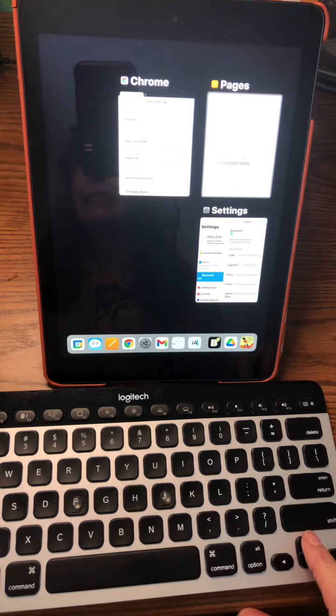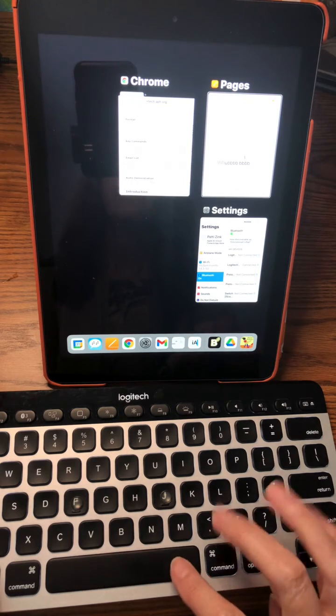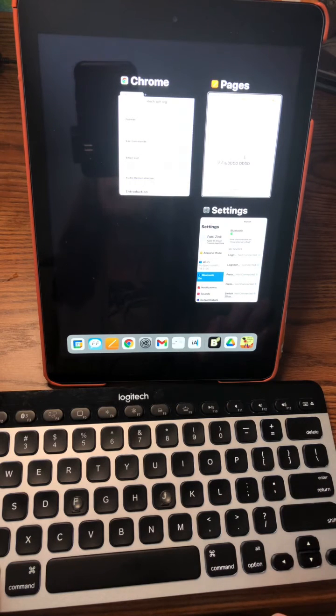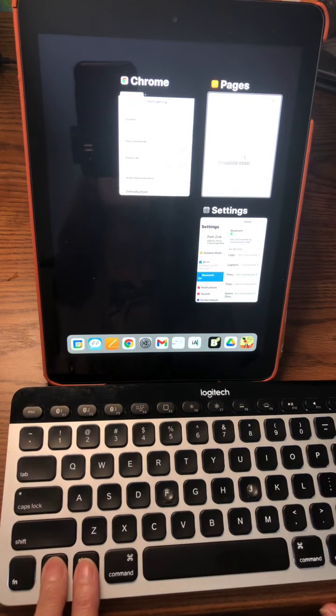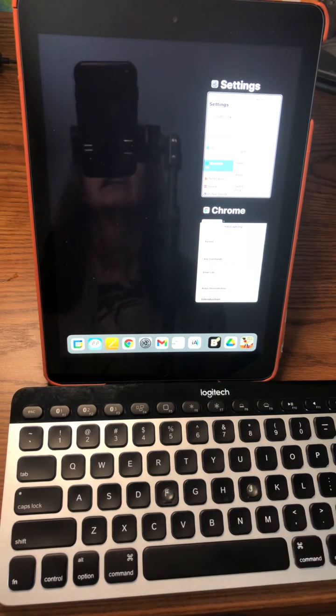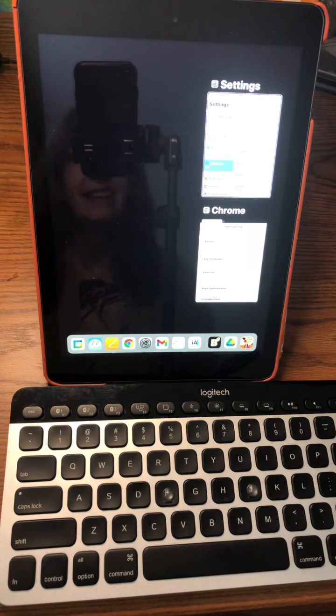So you have to really listen to VoiceOver. So the down arrow, when I did the down arrow, it said close pages. Pages is selected, it's highlighted, and to close, I'm going to take my VoiceOver key, Control Option, and space bar. So I hit on the VoiceOver keys first and just kind of keep my fingers on them. Let me move this over a little bit. Okay, so I'm on the VoiceOver keys, and then I'm going to do space bar and lift. Closing settings. Current action. Close settings. Active. Okay, so what I did is I closed the Pages app, and then